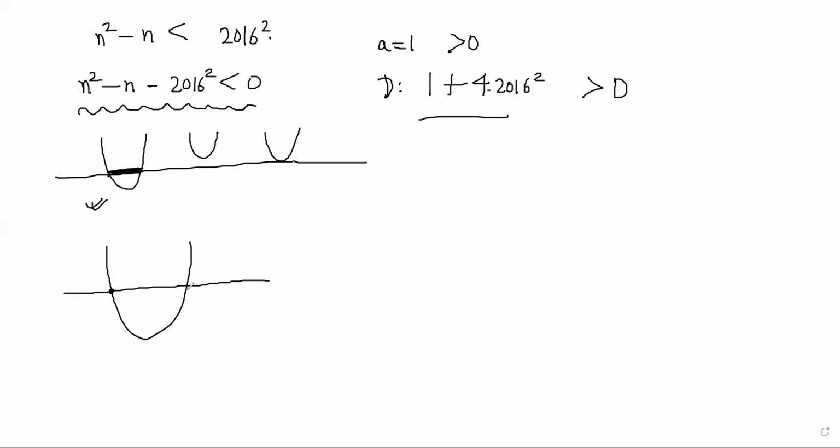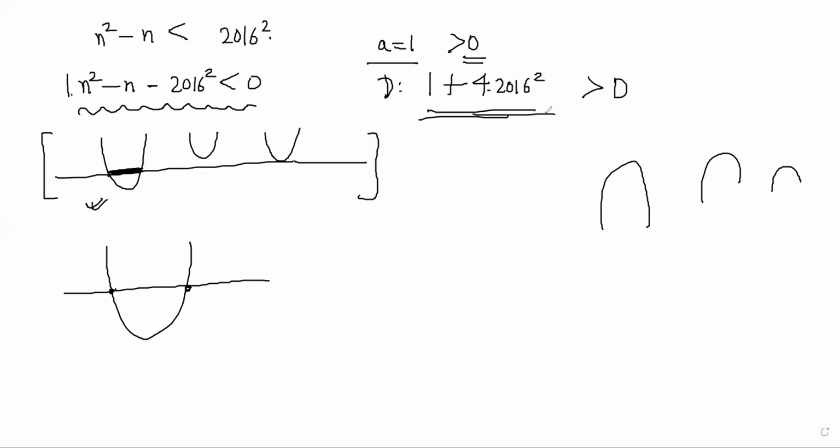The first coefficient is greater than 0, so therefore the graph is upward looking. If the first coefficient was negative, then the graph would have looked like this. So I'm isolating these three graphs and thinking that the discriminant is positive, so it cannot be a graph that doesn't touch the axis, which would have been 0 roots. It cannot be this graph also. It has to be this graph.